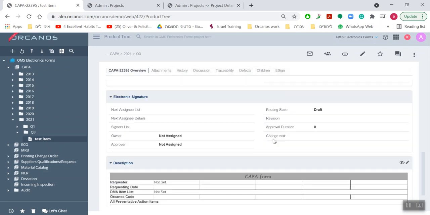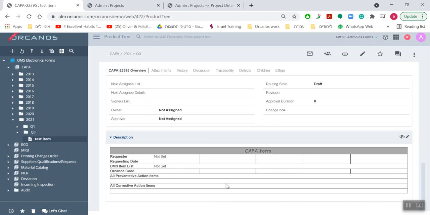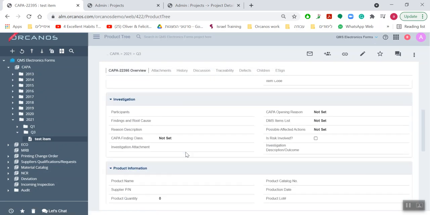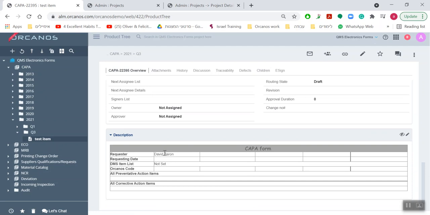You should always test your description layout as you complete your work. So now I can see this is the initial information that was there. By switching between the dynamic information and back to view dynamic information, I can see that David Barron, the name of the requester, was filled correctly, but the DMS item list is